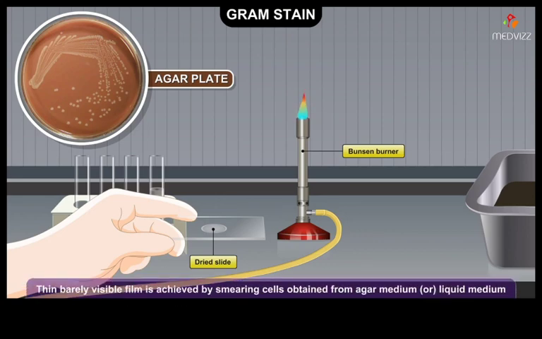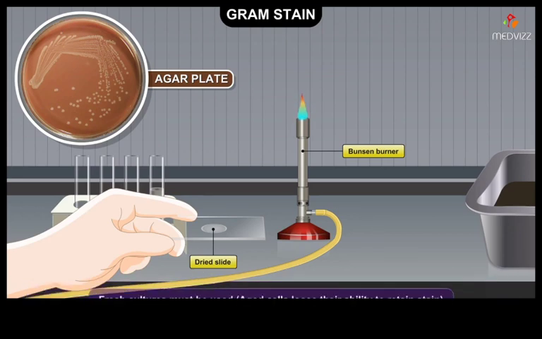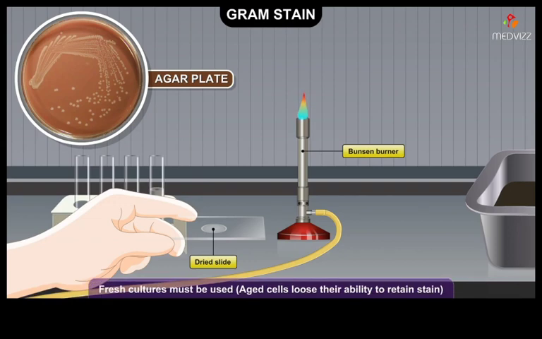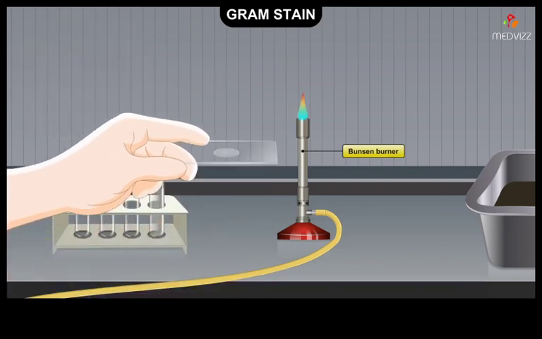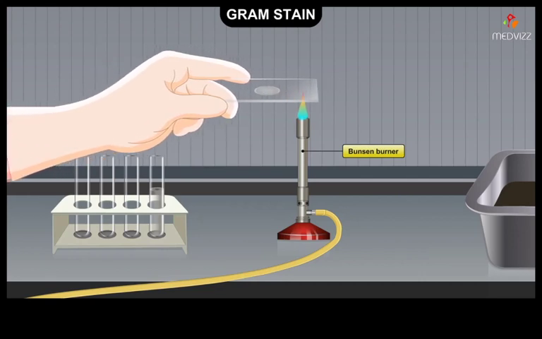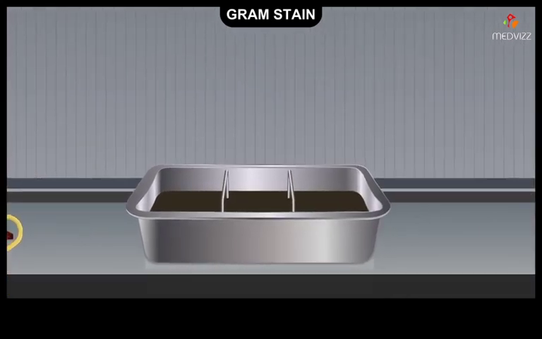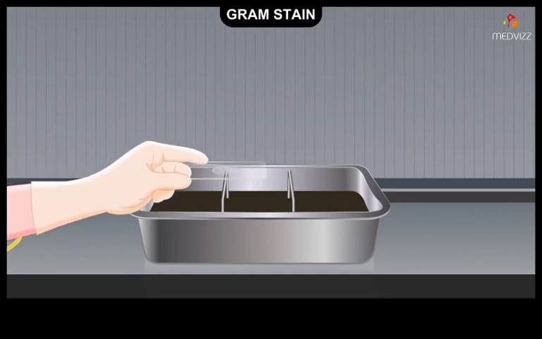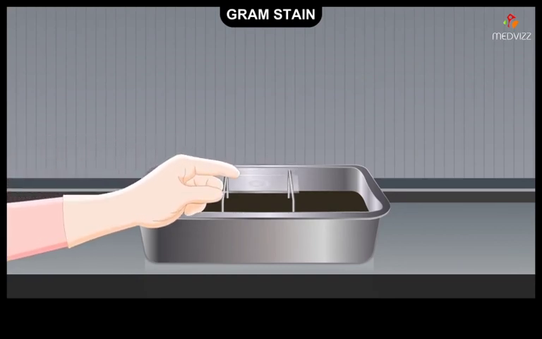This can be achieved by smearing cells obtained from the surface of an agar medium or from a liquid culture. Fresh cultures must be used because as cells age, they lose their ability to retain the stain. The cells are then fixed to the slide by passing slightly above the flame of a Bunsen burner. After passing above the flame, the slide should feel warm when touched to the back of the hand, but should